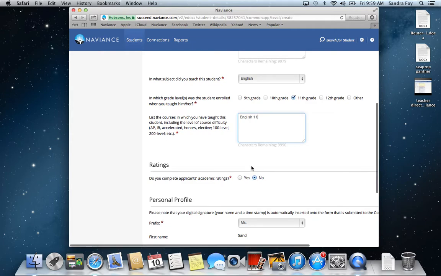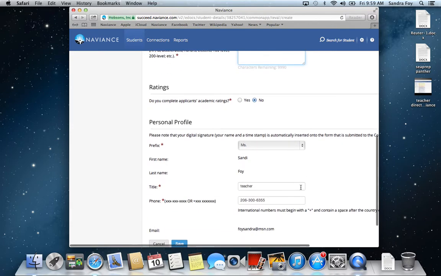So just leave that marked No, don't change anything there, and then go down to the next section, which is your personal profile. Once you complete the personal profile once, you will not need to complete it for your other teacher recommendation forms. It will stay completed for you throughout the